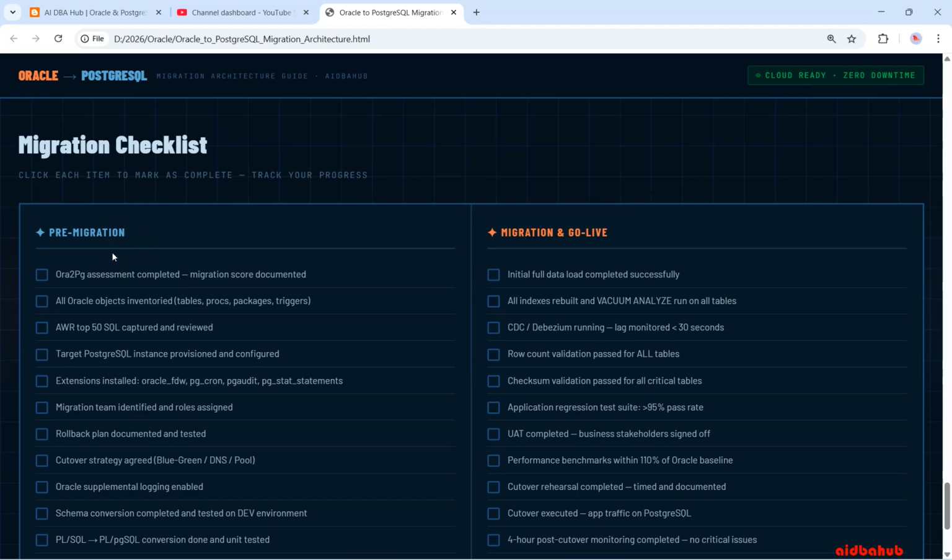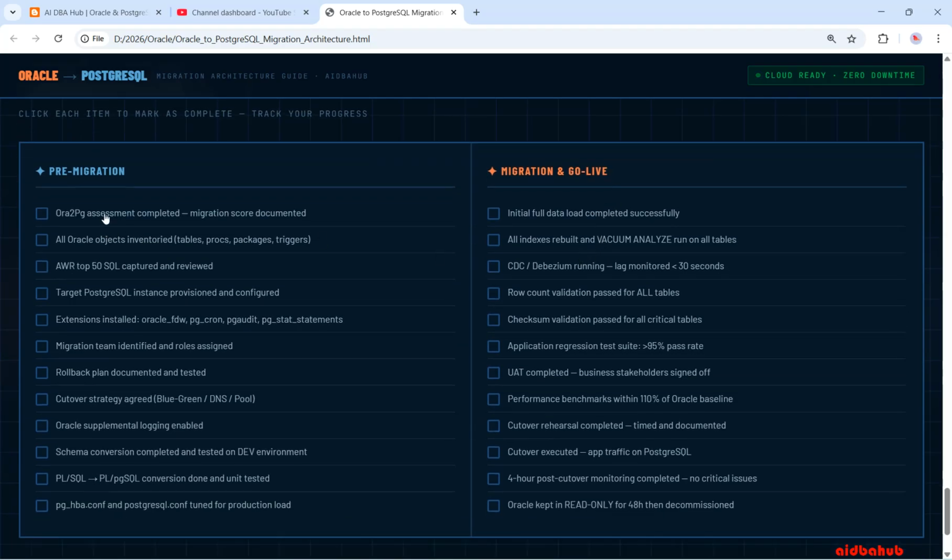You can see the pre-migration checklist and the migration and go-live checklist. When you click through one by one, it is required that: Oracle PG assessment completed, migration score documented, all Oracle objects inventoried (tables, procedures, packages, triggers), AWR top 50 SQL captured and reviewed, target PostgreSQL provisioned and configured, extensions installed: oracle_fdw, pg_cron, pg_stat_statements,